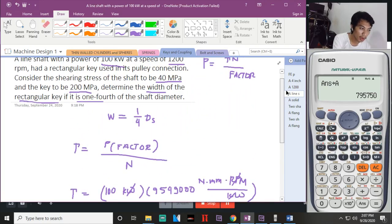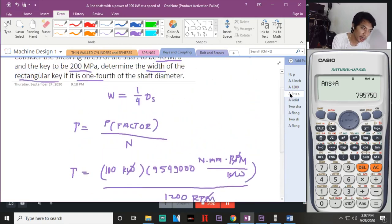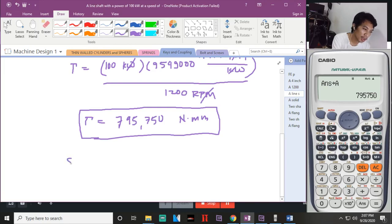Ayun o, binigyan ka pala ng... may force bang binigay? Wala. Pero pwede nating mahanap gamit yung key. Okay? Dalawang type of solution dito. So, binigyan ka ng shearing stress sa key. Yun, shearing stress. So, pag shearing stress sa key,